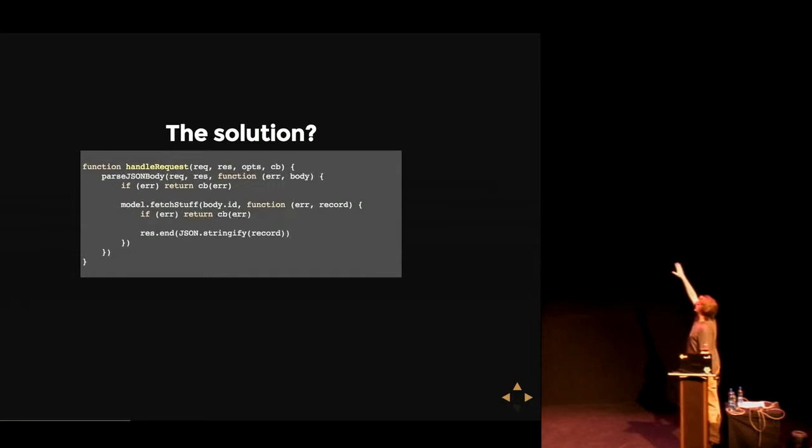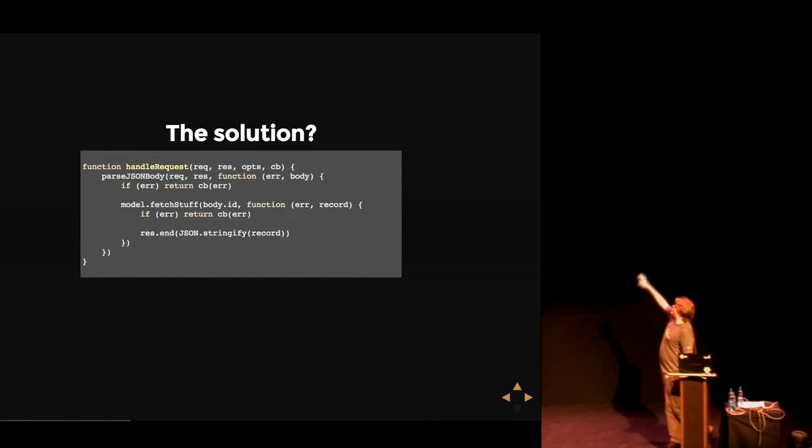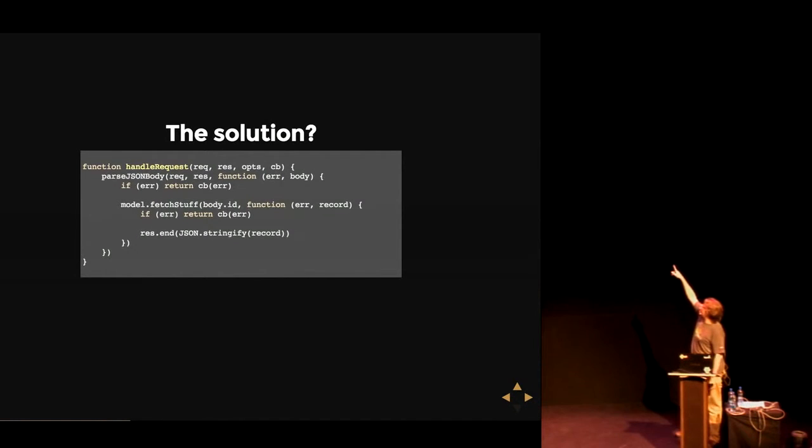One of the ways you can solve this is, instead of handling the error, you pass it up to somebody else. I'm sure whoever you pass it up to will handle the error. This is actually kind of cool: Express hands you the next callback. It allows you to put your error handling in your actual HTTP server in one place, which is nice because previously in our production app we had three different helper functions called sendError, and they all did something different. Okay, so this just moves the problem.